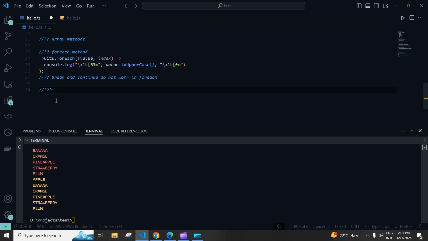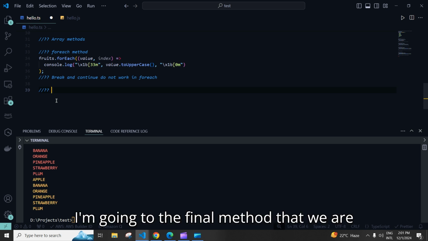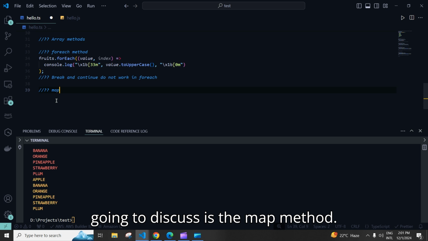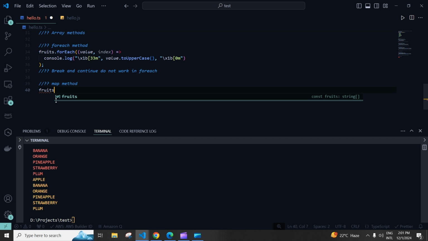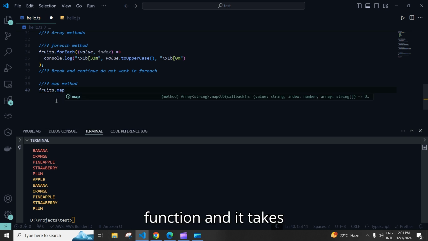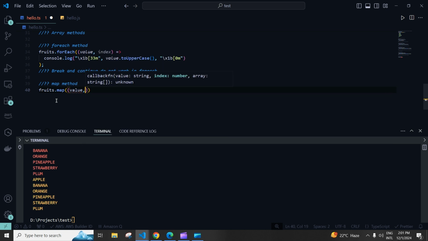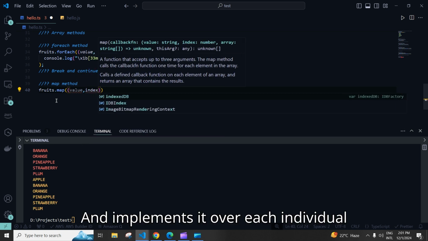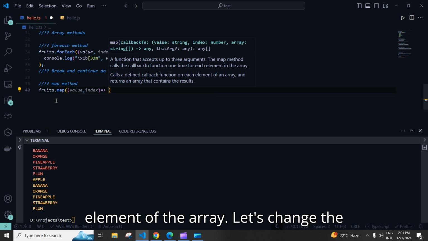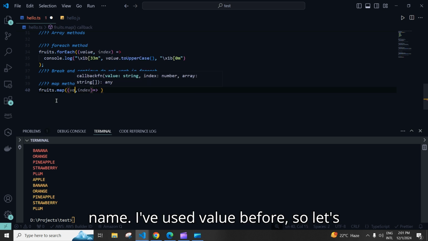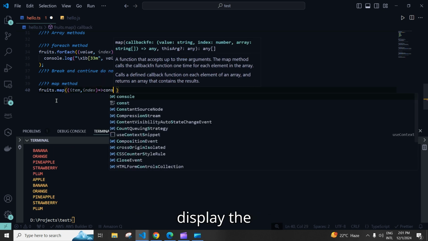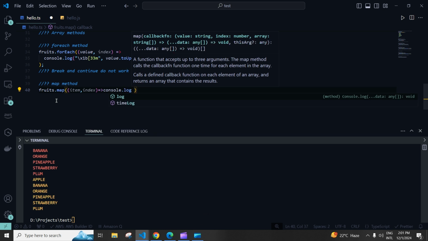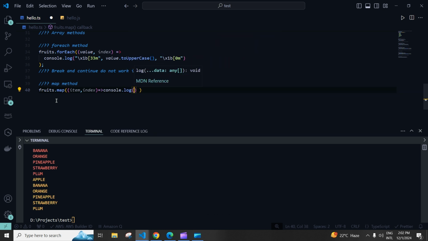The final method that we are going to discuss is the map method. This is also an array function, and it takes a callback and implements it over each individual element of the array. Let's change the name. I've used value before, so let's say item, and let's display the items of the array. So let's say item,